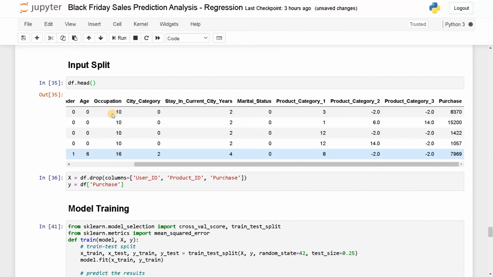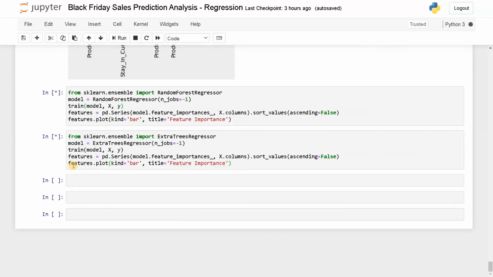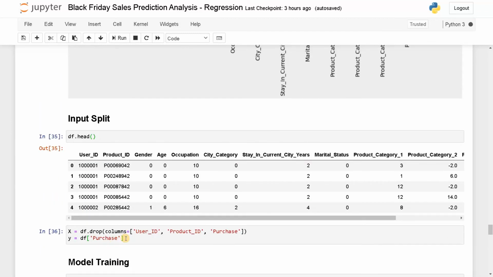So you can use the number of values in train and in the test to split the data set. That is one logic. Or you can also use the test data set directly using this pandas function. You can directly load the data set. And like this, you have to change the data set format. In the test data set also, you need to remove this user ID and the product ID. So purchase won't be there. So this will be the test data set. Let's consider this as X test.